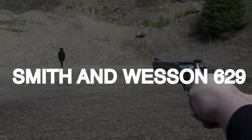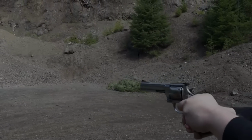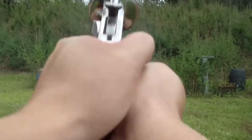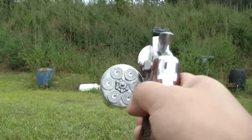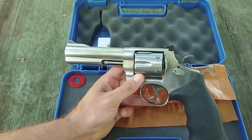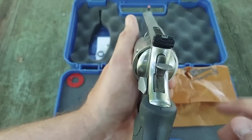Number 12. A Smith & Wesson 629, $1,200. The .44 Magnum, introduced in 1955, has been a powerful handgun cartridge for many years. The Model 29 was the first production revolver chambered for the .44 Magnum, and sales skyrocketed after Clint Eastwood's portrayal